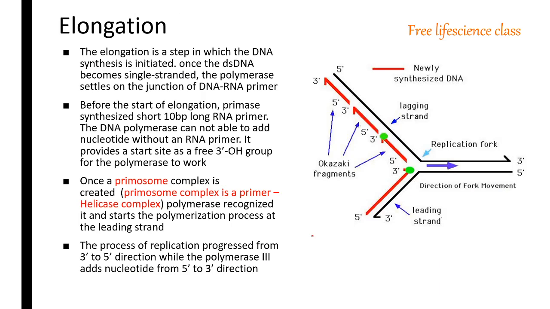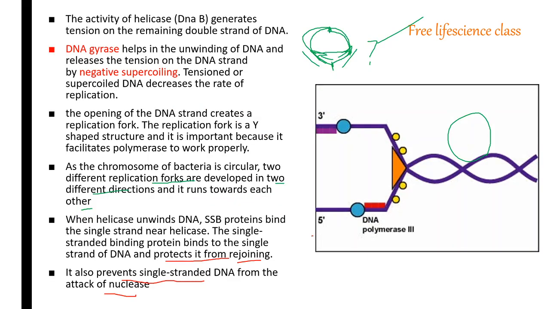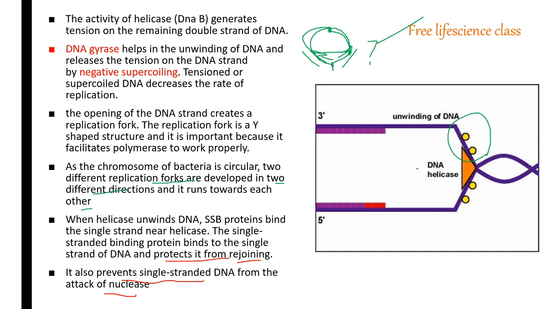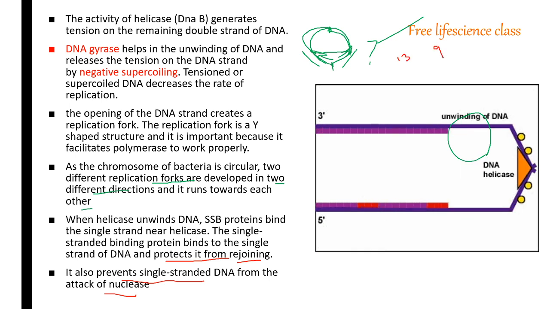Okay. The next step is the elongation. We have already discussed the initiation step, so once again I will explain everything in one step. Our DNA consists of an OriC sequence. That OriC sequence consists of 245 base pairs, and there are two regions called the 13-mer region and the 9-mer region. The DnaA protein binds with this 9-mer region. So this DNA will bend towards the 13-mer region, and the 13-mer region forms an open complex.